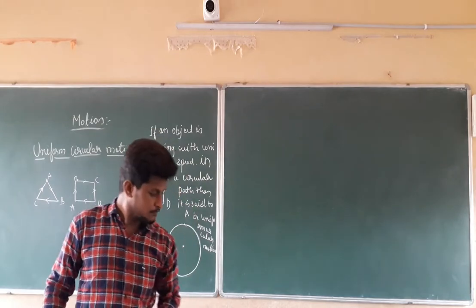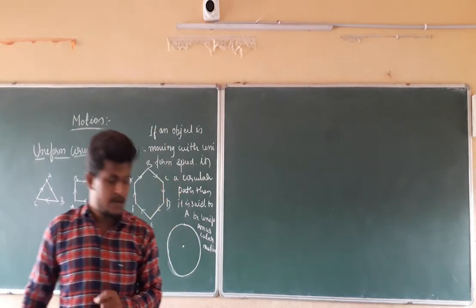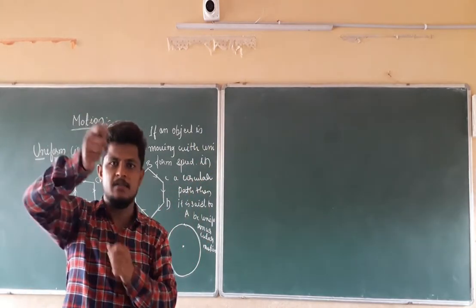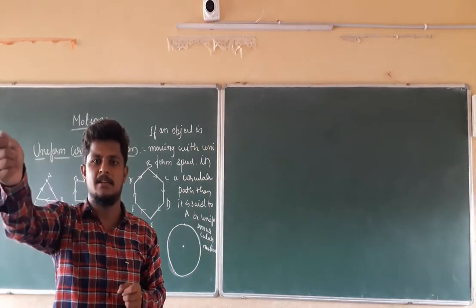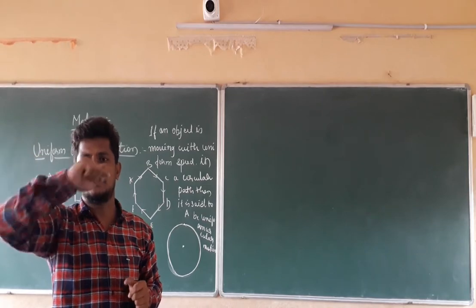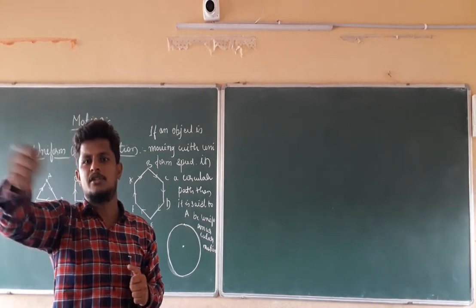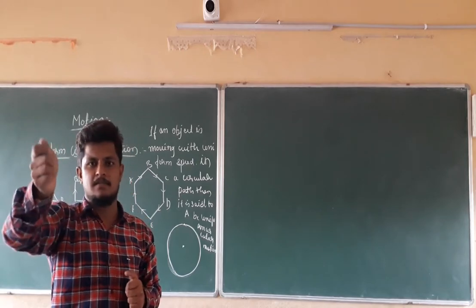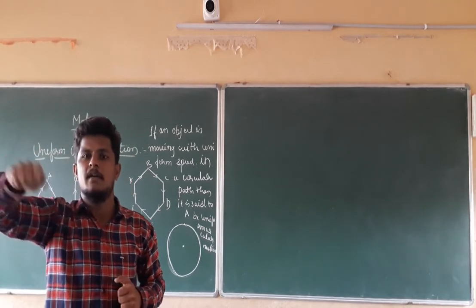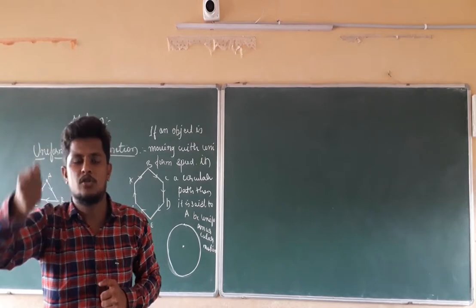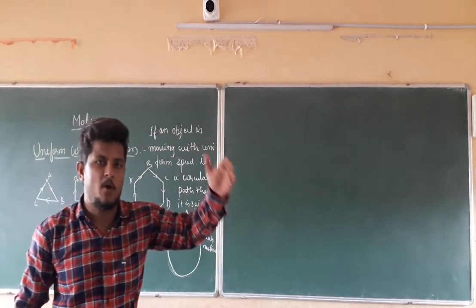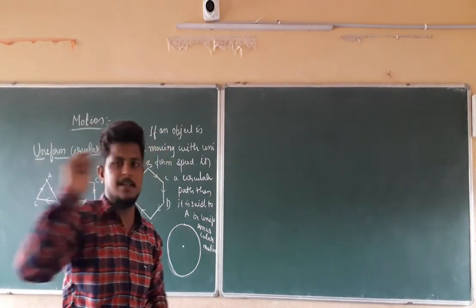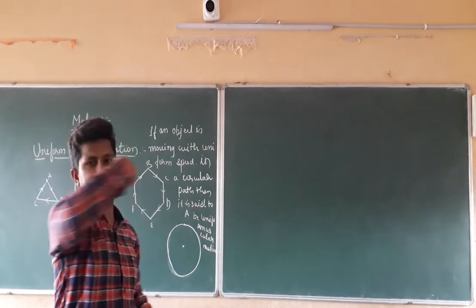We have to take a thread and tie a small piece of stone on the other side of the thread, so that when you start rotating that thread, I am going to rotate it continuously. When I leave that thread, the thread is going to move in the direction of the point of the position where we leave it. If the thread is moving in this direction like this, it is rotating like this.